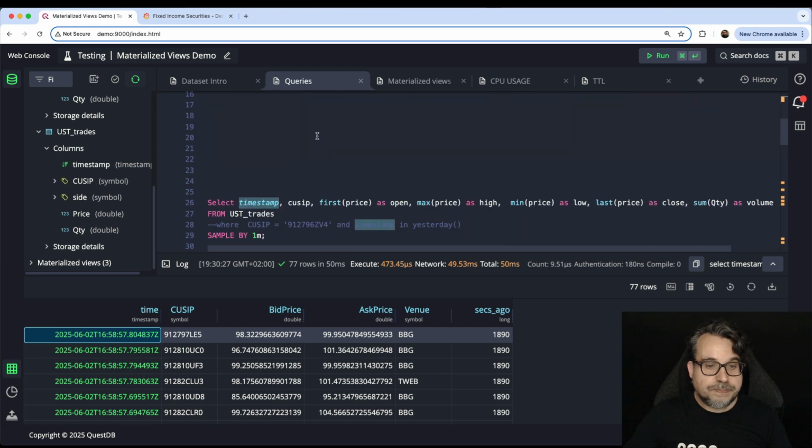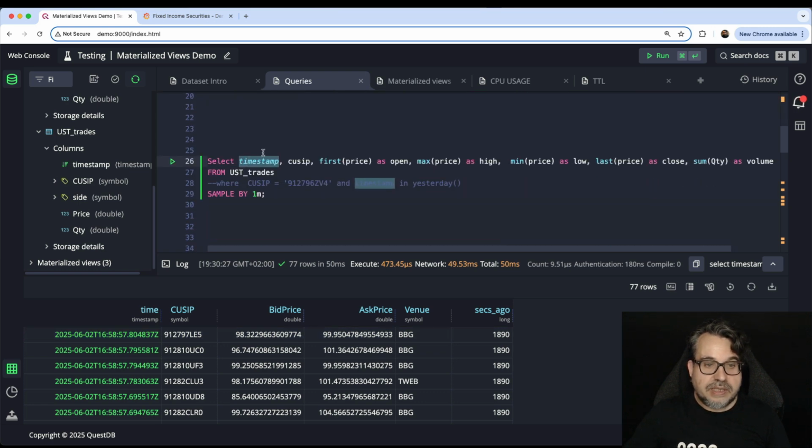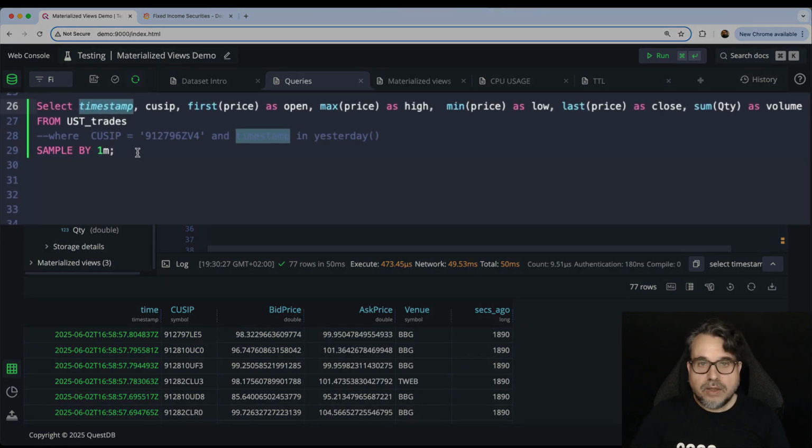The second query that I have is the candle chart, the open, high, low and close chart. And this is what I'm doing. I'm just getting the first price, the maximum price, minimum price, the last price, and the total volume. And I'm doing candles of 1 minute here.